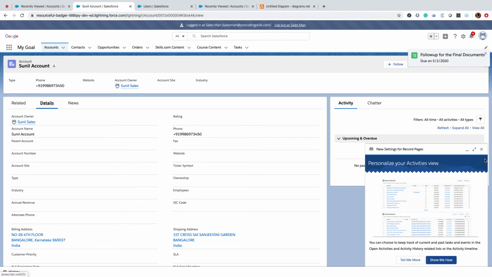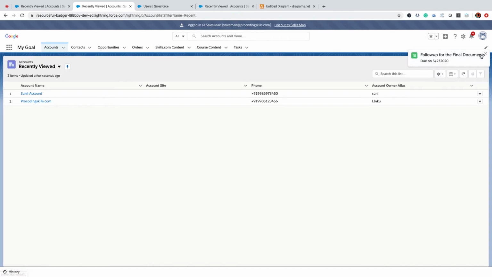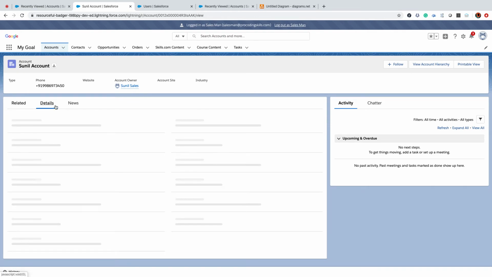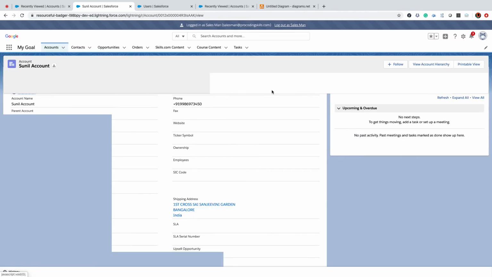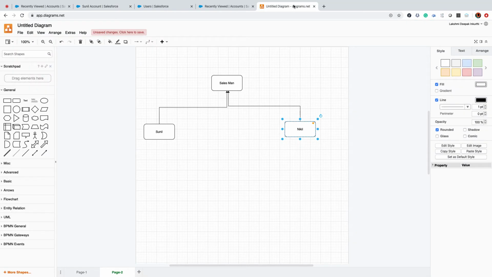Cool. Now, I'll tell you one thing. I'll create a new record using accounts. Oh, he doesn't have the new permission to create. Does he have edit permission? No, he doesn't have edit permission. You observe one thing. If a sales manager has access on an object, let's say this record has been shared.